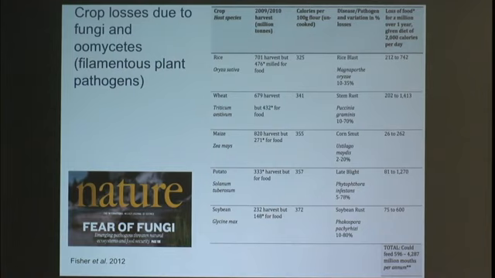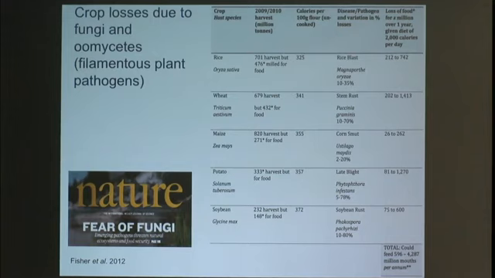So what are these? For example, they cause blast disease on rice. You may have heard of the stem rust UG99, which emerged from Kenya and is now devastating our wheat fields. Then we have maize pathogens, potato pathogens, Phytophthora infestans that I will tell you a bit more about, and also the